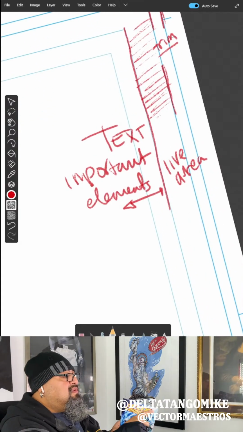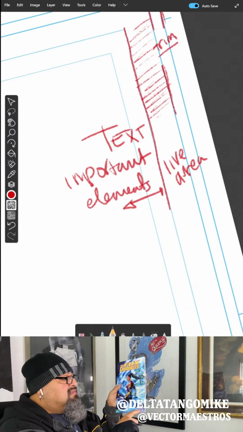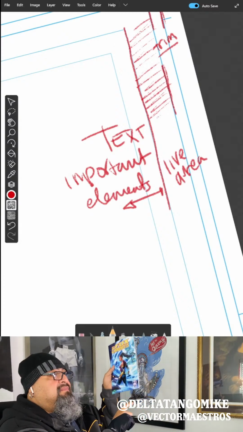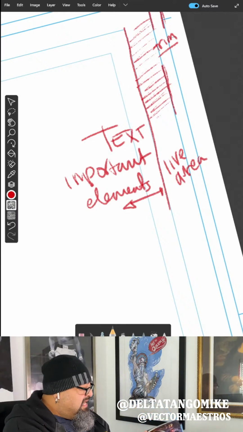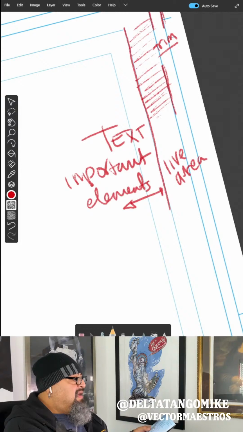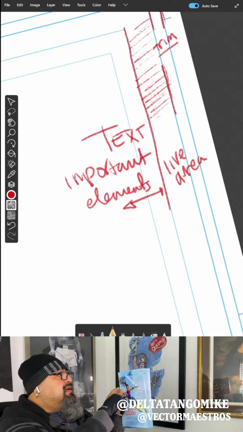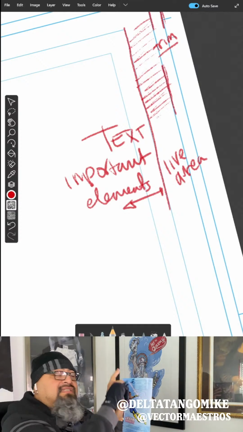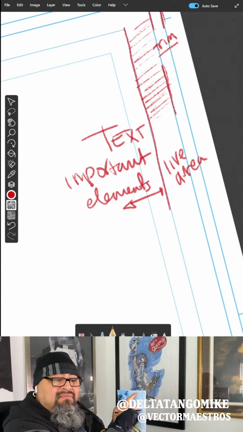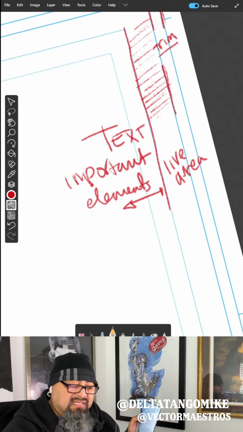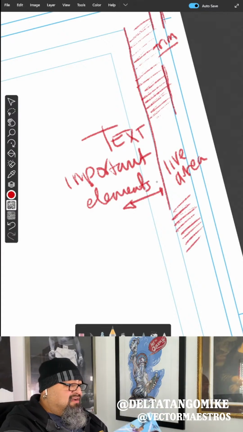And so you'll notice, even the title of this comic book, the branding on the bottom left, there has to be a certain margin in case things get cut off by accident. And so we have the full bleed, meaning the color and everything goes all the way across the edge of the paper. But then we have text that has to stay away from this edge right here, because that's a danger zone. It could get cut off.